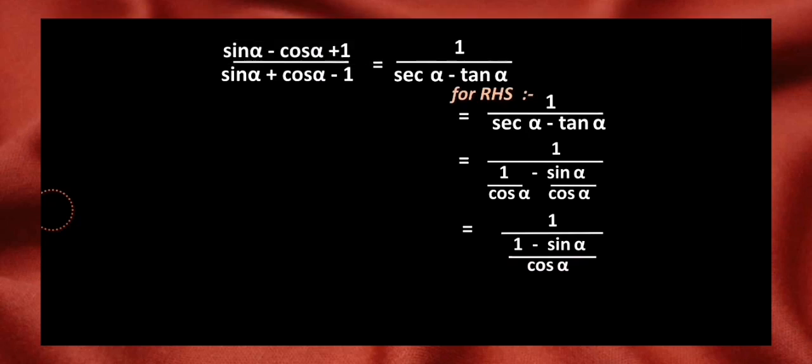So as per our method, cos alpha will be written with the 1 in the numerator in product form, and we are left with cos alpha in the numerator, and in the denominator we have 1 minus sin alpha. So we can say that at least we have got cos and sin in the RHS, right?